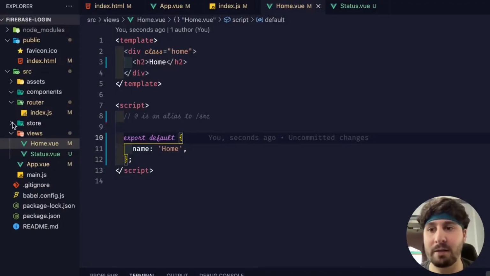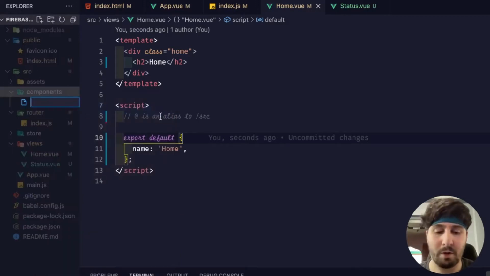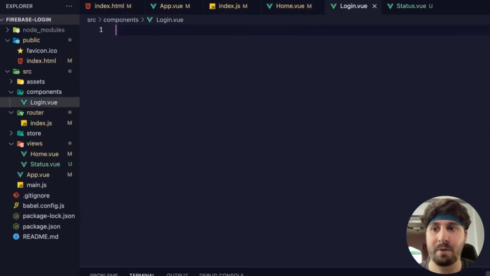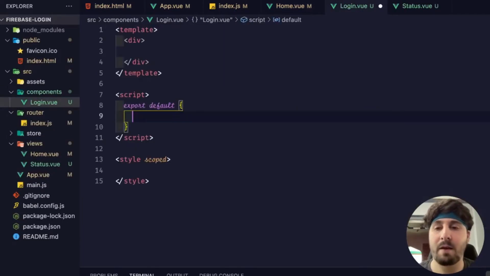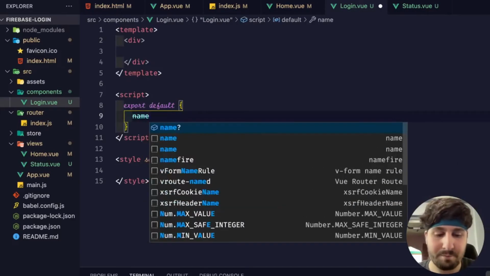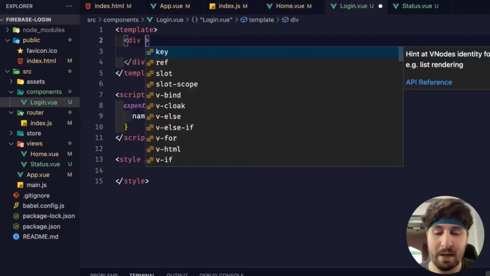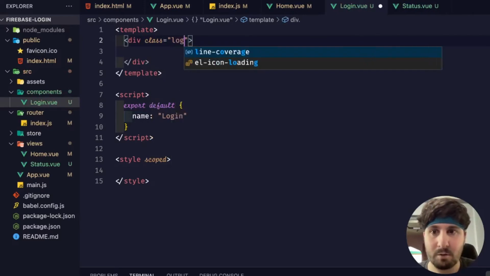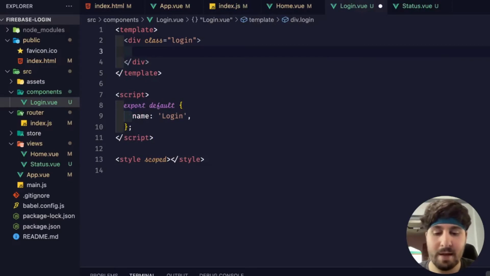Now let's create our login component. We'll right click on the components folder, new file, and we'll call this login.view. And again, we'll do vbase css, and we'll give this a name, login with a capital L. And again, I'm going to add a class login with a lowercase l. And then let's give this an H2, and we'll name it login, just so we can visually ensure that it